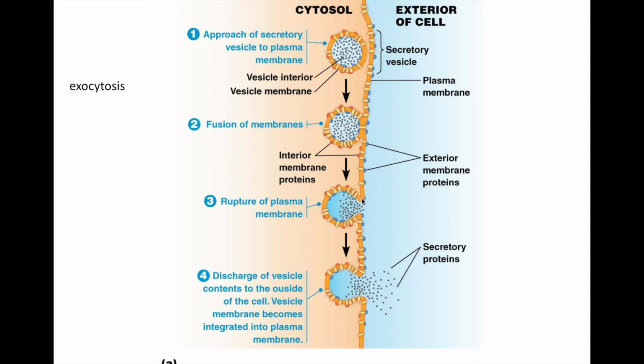That plasma membrane is now going to become part of the vesicle. The vesicle is going to become part of the plasma membrane. So the plasma membrane gets a little bit bigger by adding the vesicle to it, and then the contents of the vesicle leave the cell into the extracellular fluid. If we're talking about a vertebrate, this would be blood